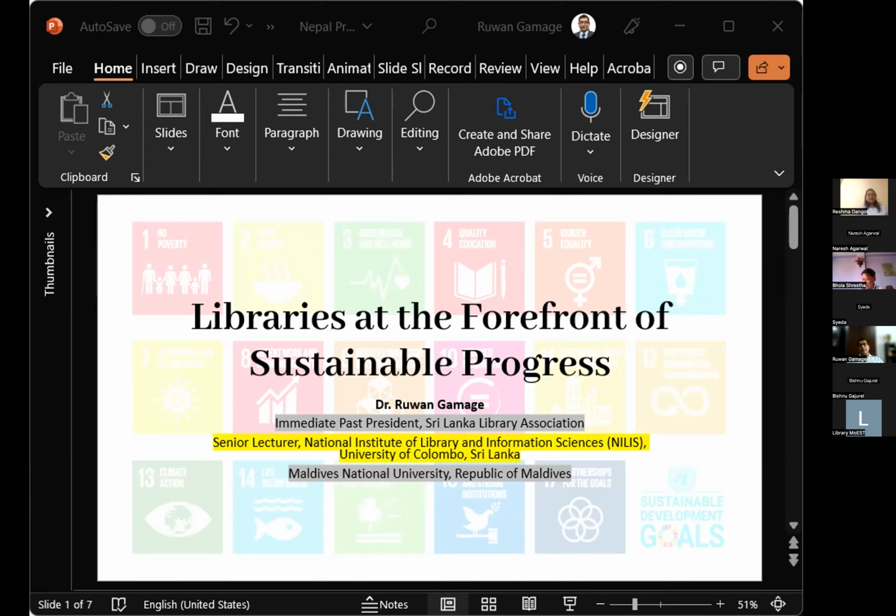So today I selected the topic of libraries at the forefront of sustainable development, because all our attention is currently focused on the 2030 sustainable development goals. It has become the resounding mantra in our outcry within the education world, and the policymakers and stakeholders are all focusing on this now more than ever. So there is great potential in that to win the library stakeholders' attention, especially the decision makers of the future of libraries. If I go to the next slide,